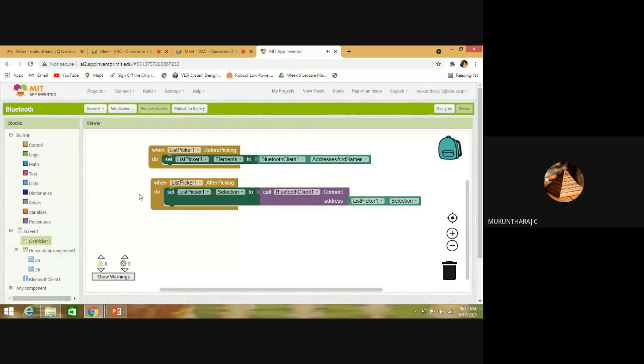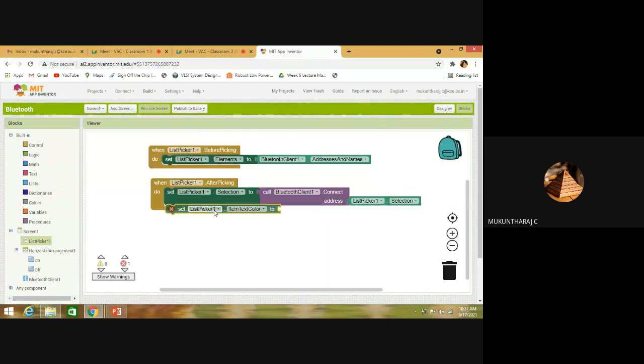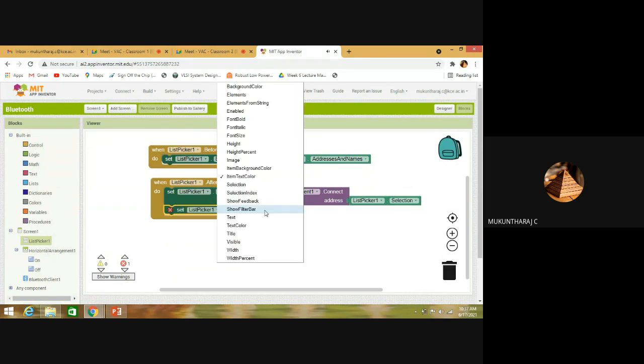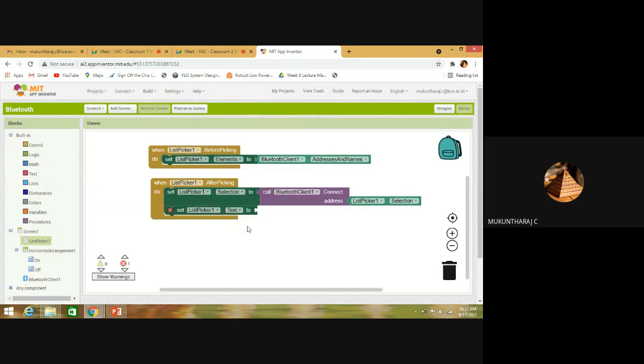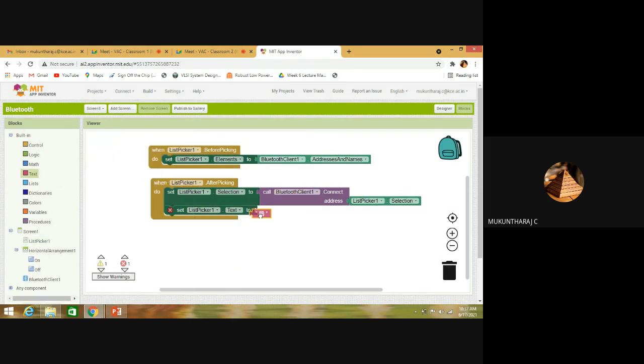Then what we have done is the list picker text. We have changed the list picker text, right? So we can go to list picker item text color, instead of that text. For text, we can pick this empty text area and put Bluetooth device connected.